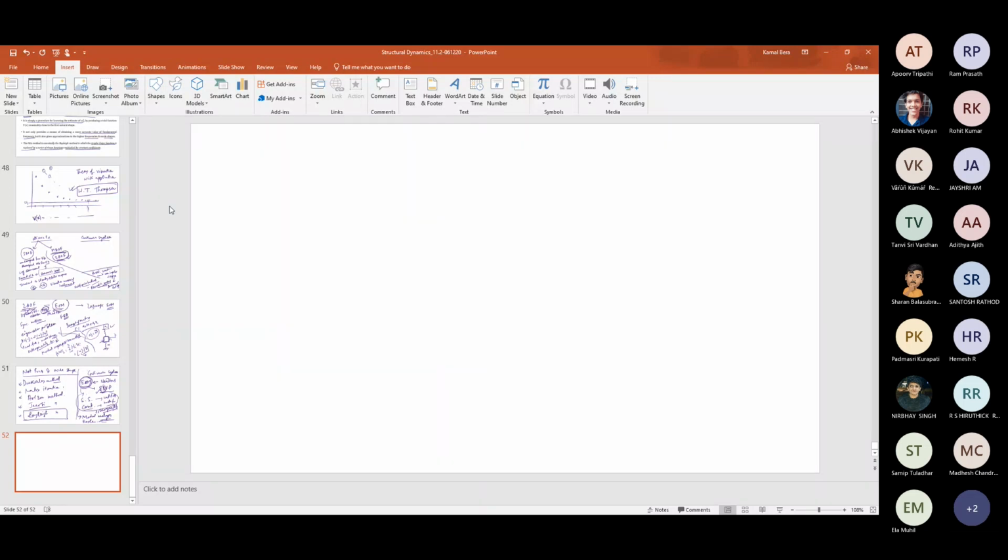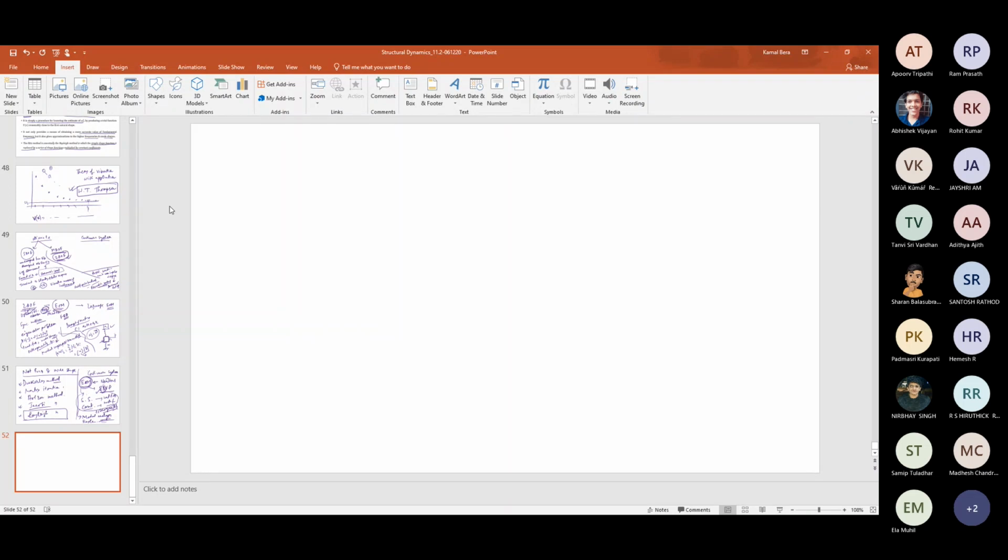So if you are interested, you can refer to those books that I mentioned, especially to improve your concepts. At the beginning level, I will tell you the Meirovitch book. That's a classic book. Leonard Meirovitch, either Elements of Vibration Analysis or Fundamentals of Vibrations, because he has many books.